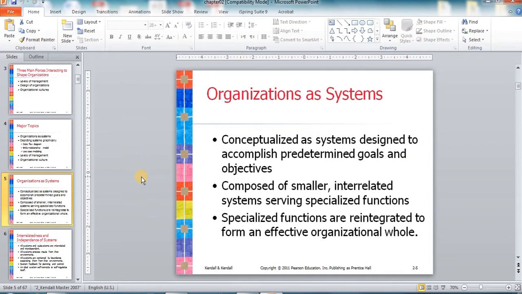Let's start with how to visualize organizations as systems. When the software engineer wants to design a certain software for a certain organization, it's very important that the software engineer or the system analyst understands well the complete organization, its operations, its departments, how data flows inside the organization, and what the general and main processes are that the organization operates and uses. All this will help the software engineer